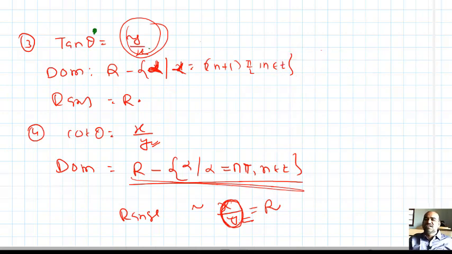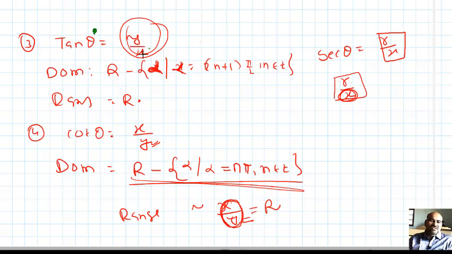Yeah, students, now secant theta is defined as r by x. Observe, all of you. R by x, for what values of theta is it defined? X equal to 0, r by x is not defined. Same condition as y by x: here x equal to 0, tan theta is not defined. Here x equal to 0, secant theta is not defined. This means the domain of secant theta and tan theta are the same. I will write: domain of secant theta is all real numbers and angles which are not of the form (2n+1) pi by 2, where n belongs to Z. The range I will find later.